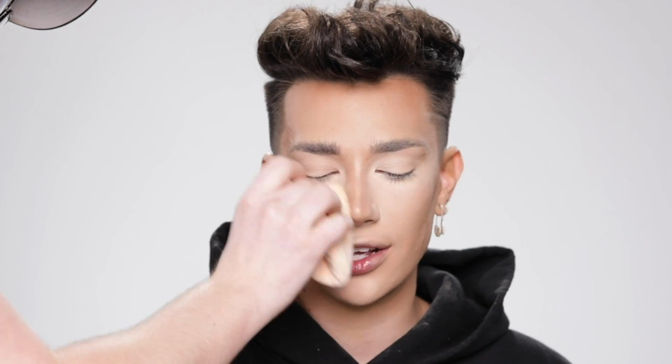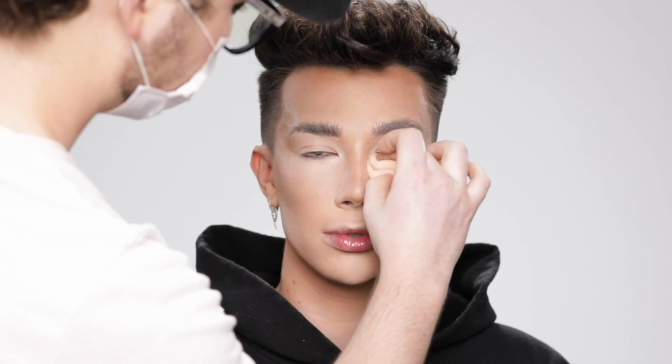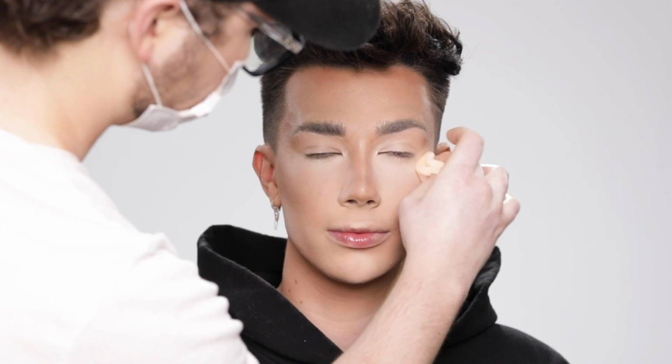You can definitely personalize how much powder you want to use, but because we're filming in front of bright lights and in HD, I do go kind of crazy with product because it reads a heck of a lot different on camera than it does in person. I also want to make sure areas like where I contoured are completely set because I'll later be going in with bronzer on top of this. Anytime you take a pigmented powder like bronzer and place it directly on top of a foundation that hasn't been set, you're risking the chances of getting a really patchy and muddy result,